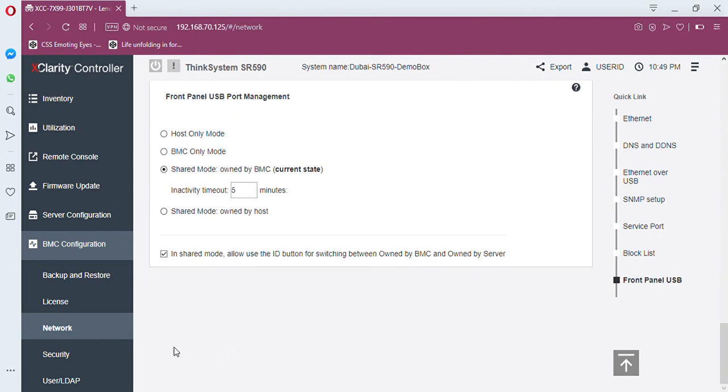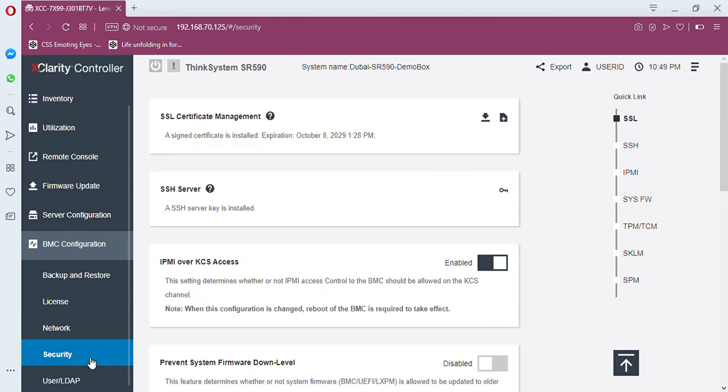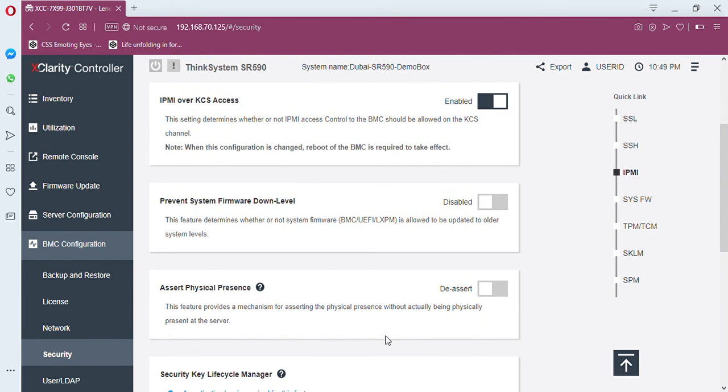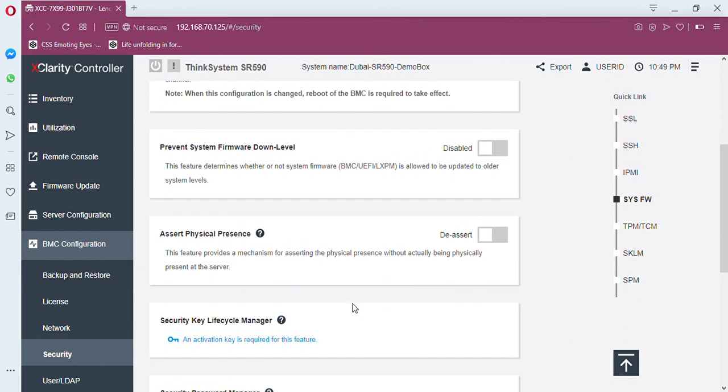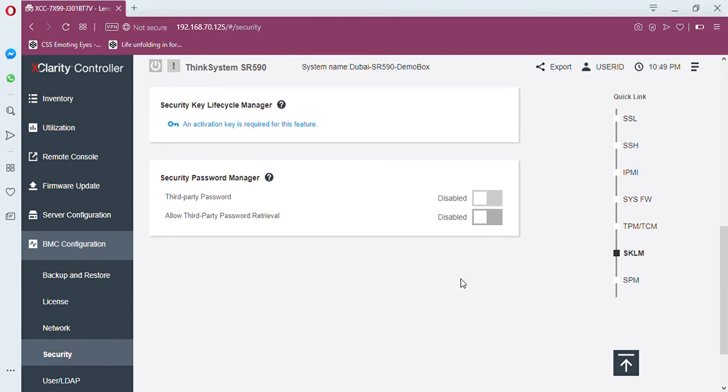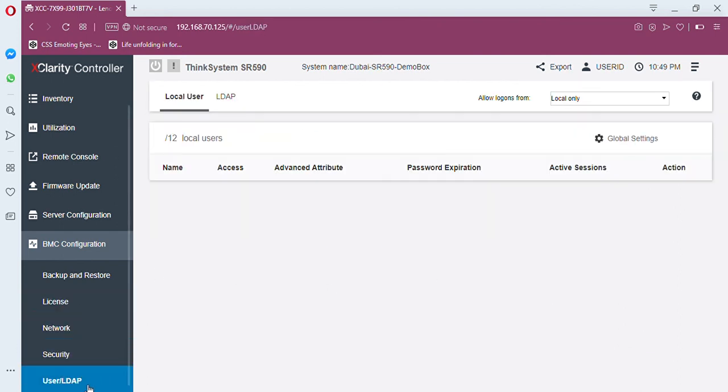And then we have the security here, which shows the SSL certificate or SSH server or IPMI over KCS, and other details like security key lifecycle management and security password. And the last one is being used for